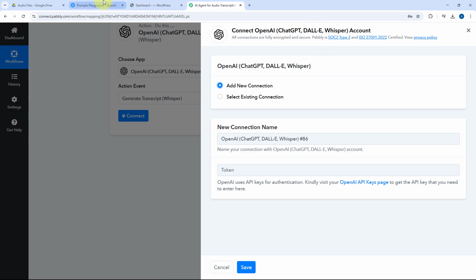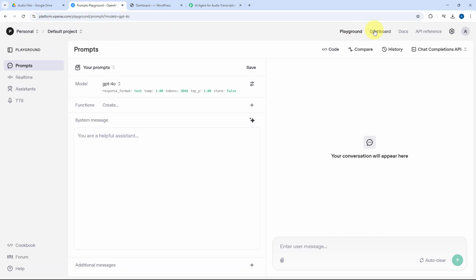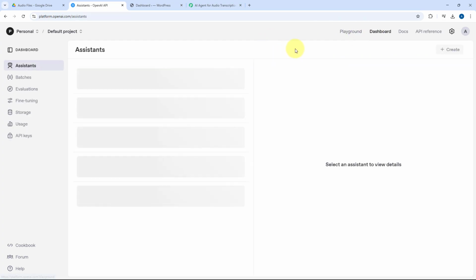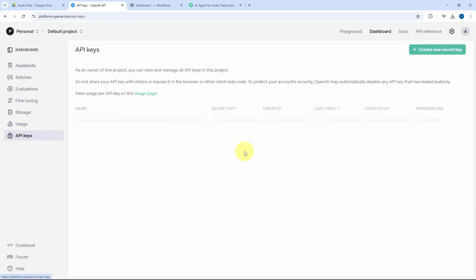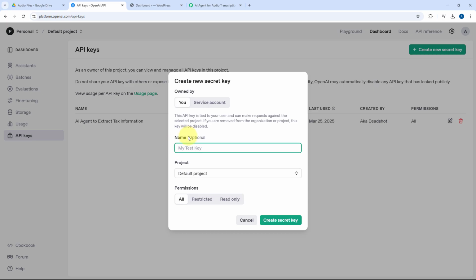To get it, just go to your OpenAI account and here we'll come to the dashboard of our OpenAI account. After coming to this dashboard, from the left sidebar, we will go to this API key section and here just click on this create new secret key button. Now we have to give this API key a name. Let's say I'll name it as audio transcription